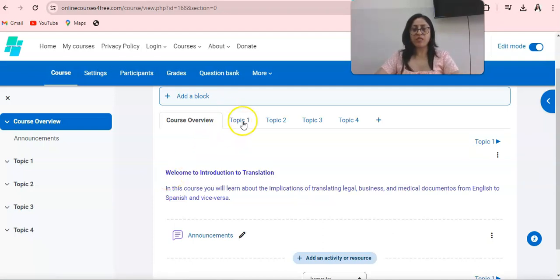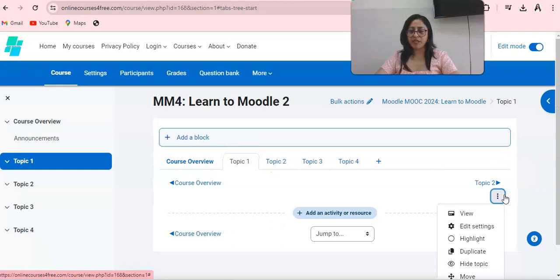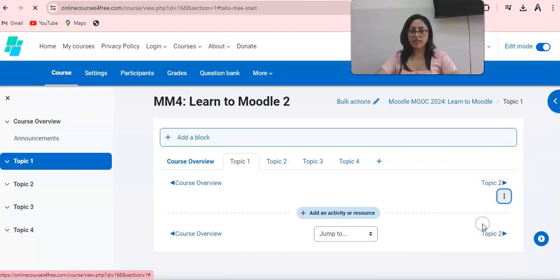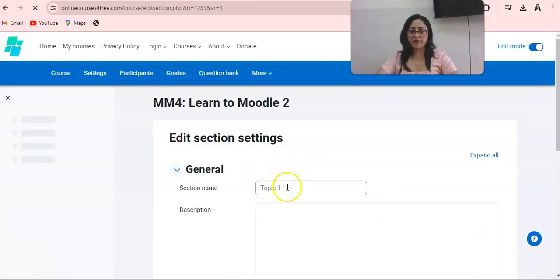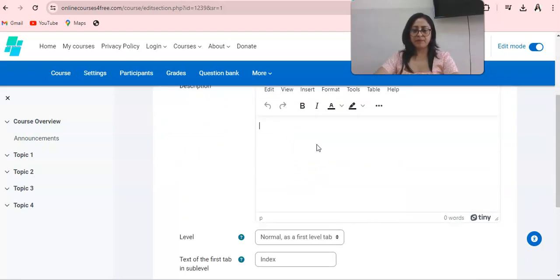Now I will proceed to add the first activity, and the same thing, I click on the three dots, then edit settings, and it should direct me to this other screen. In here by default they have set up topic one, but I will type activities. Okay, and then later you can elaborate something in this section. So welcome to the activities